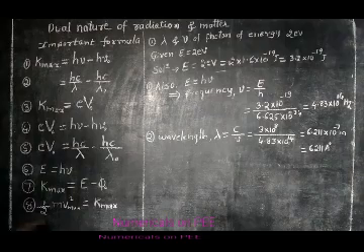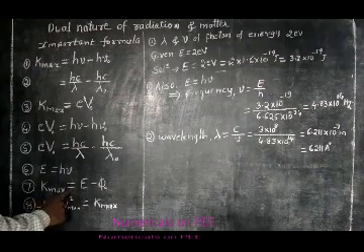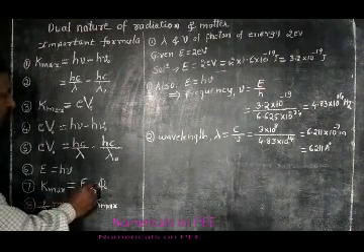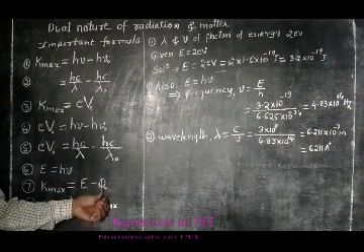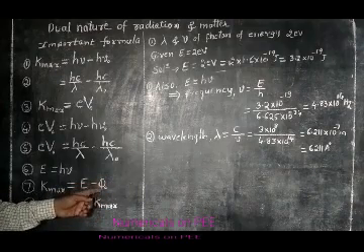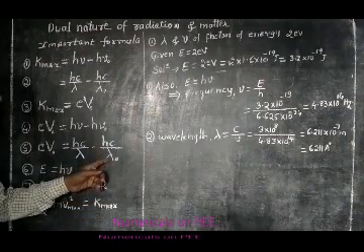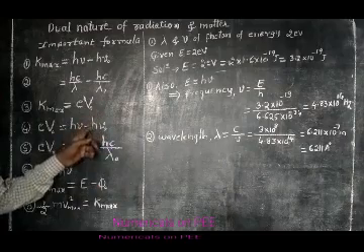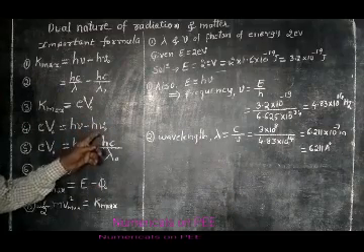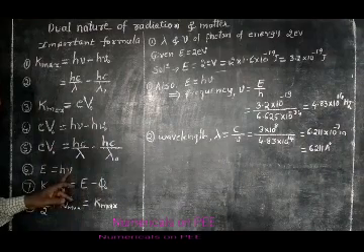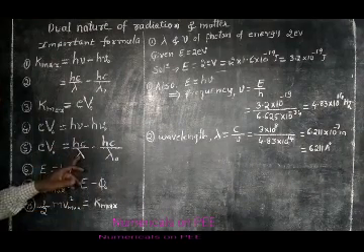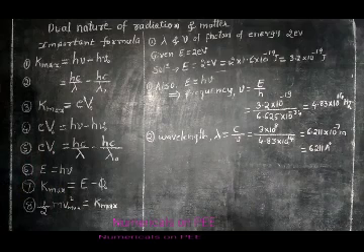Also, maximum kinetic energy is equal to E minus phi naught, where phi naught is called work function. This phi naught is equal to hc upon lambda naught, or it is also equal to h nu naught, and E equal to h nu, or E equal to hc upon lambda. And